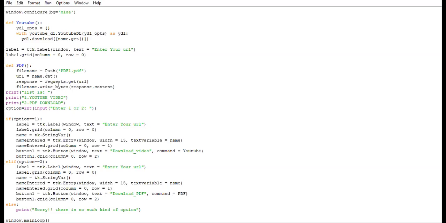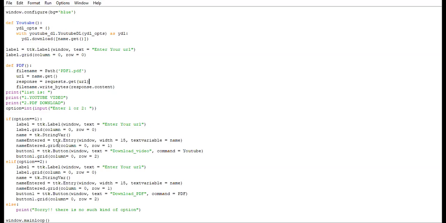Then here the same thing will happen, but for the YouTube video, all the steps work based on the module. For PDF, what action we have to do, request, response, all the things it will do here in PDF. For that PDF, I named it PDF1.pdf. Actually, this is a path, whatever path you want to save it in, downloads, documents, you can give it. I just gave the name, so it will download to my desktop.